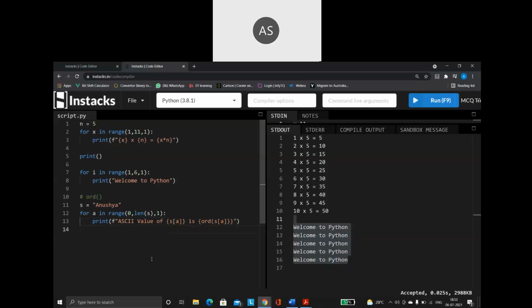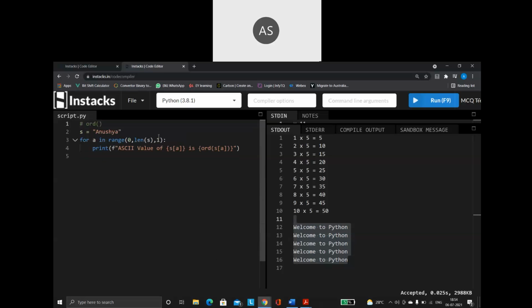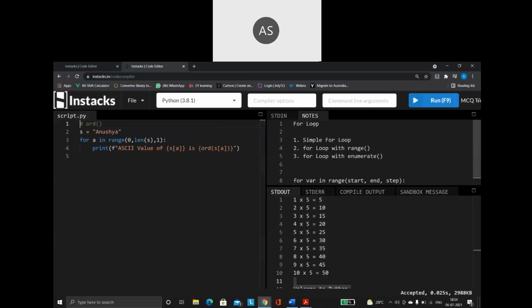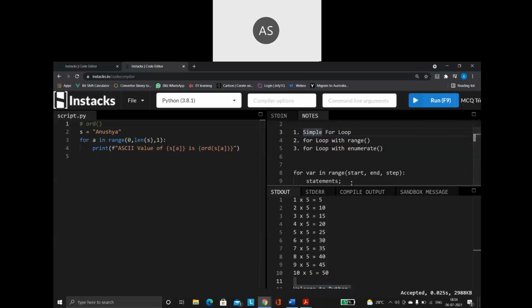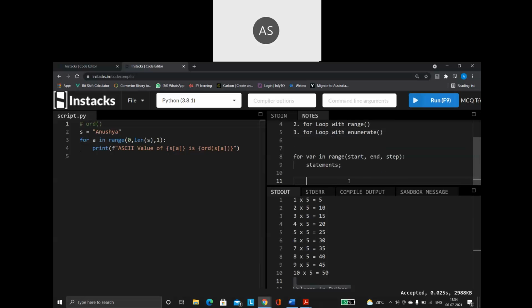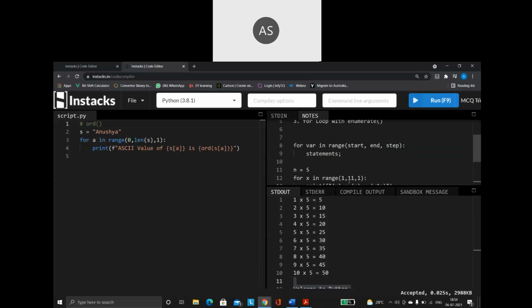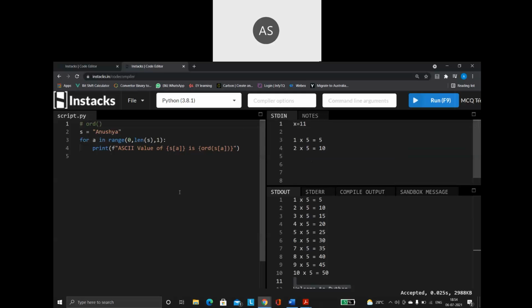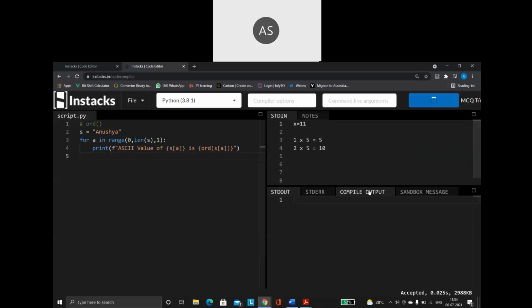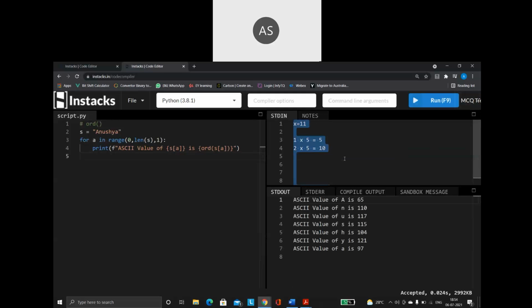I hope my syntax is right. One second. Opening, closing square bracket, and then the ORD function closing, and then the closing of my print. Yes. So let us take these two examples, I'll just keep them here. So now going back to this program, let us run the program. See what am I getting?